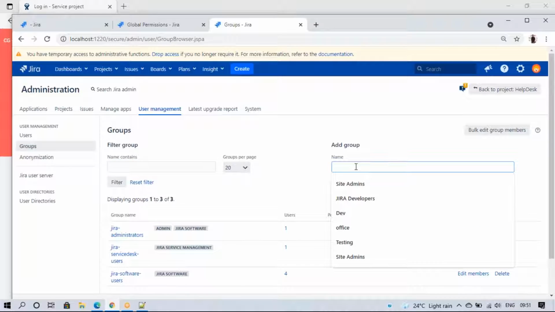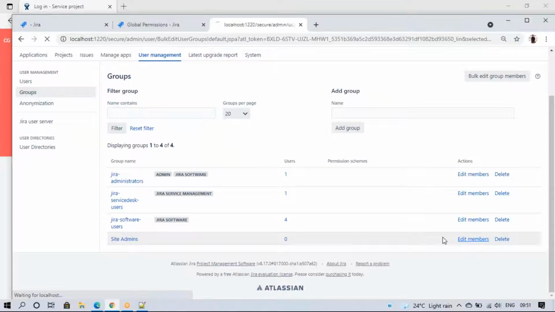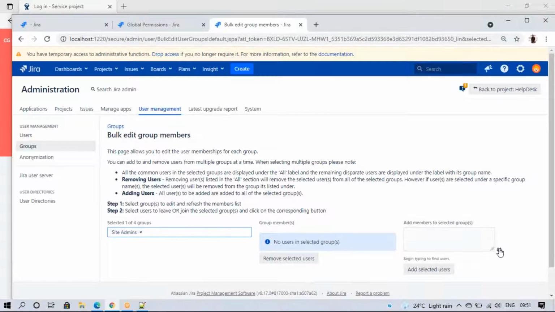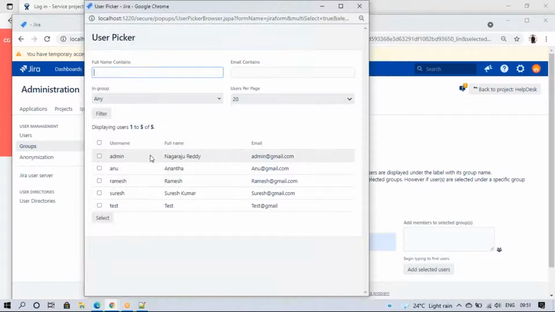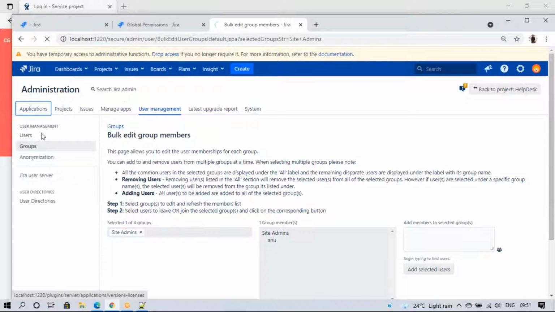I'll add one group, site admin. Okay, and next I will add Ananta into this group. Now select. I will add the site admins into here.